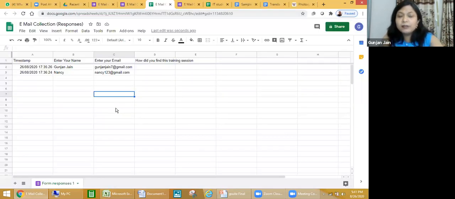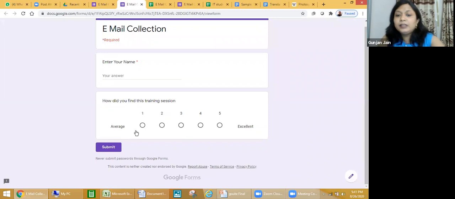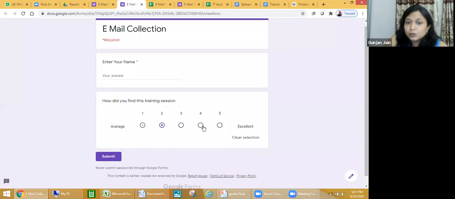You must have seen while feeding the feedbacks of the workshop that you attend. So the student or the participant can rate you. They can give the rating. Excellent, if it is, then he will give 5. If it is average, he will give 1, or he can give anything in between. So this is done with the help of linear scale.